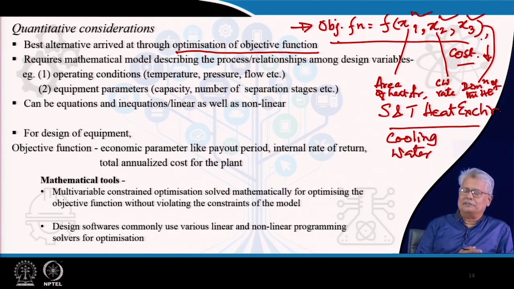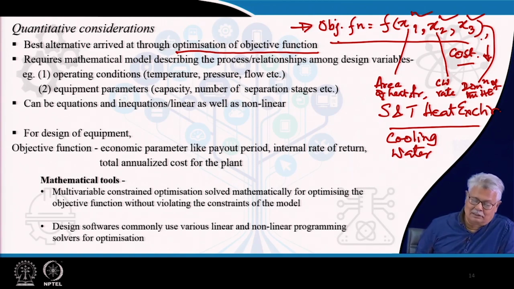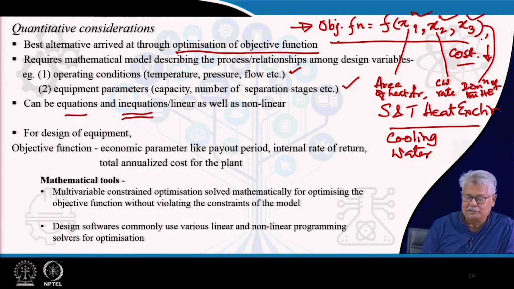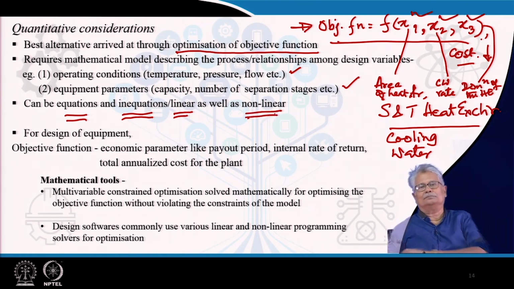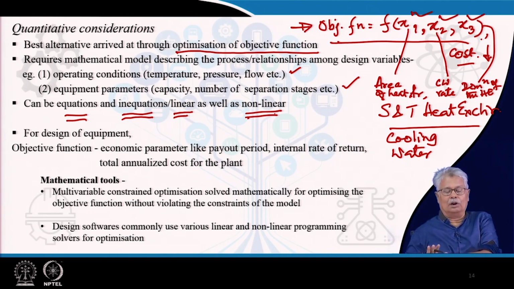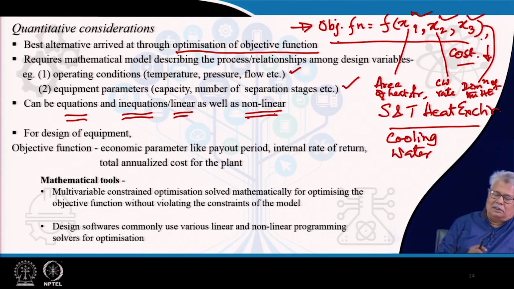So, you could see here that the operating conditions are certain variables, the equipment parameters are other variables, and the constraints could be equations or equalities, or inequations or inequalities also. The equations and inequations could be linear, or non-linear also. So, one thing is very clear now, that if we are talking about optimization of a mathematical problem which is being optimized,